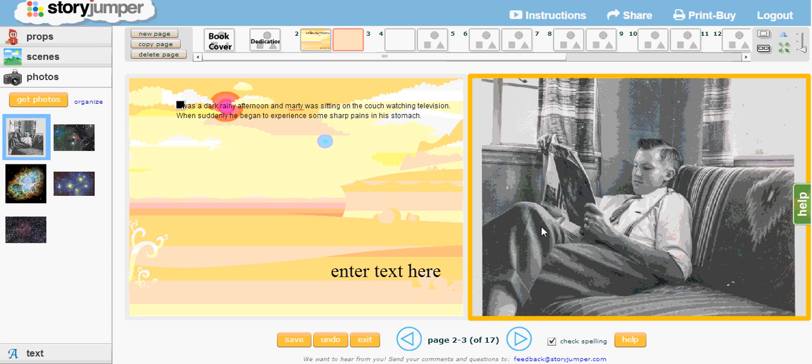Okay, there you go. Now, having that image there, you can still write next to the image,